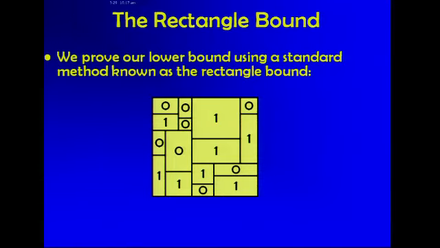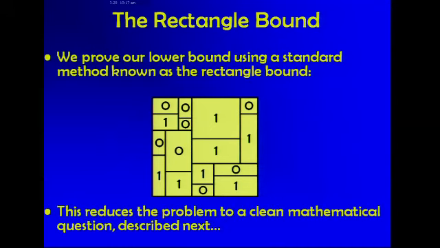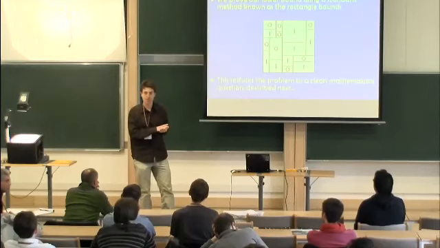I don't want to make this more precise. I'll just say that once you have this, and once you do the math, the problem reduces to a very nice, clean mathematical equation, which I'll describe next. From now on, there won't be any communication complexity here. You have to believe this step is done right, but it is often done. You just reduce the problem to an equation about just one such rectangle. It's much nicer to analyze. I'm not showing you the step, but it's quite standard. You just have to take my word for it. Okay, so questions so far before we go to the more mathematical part?